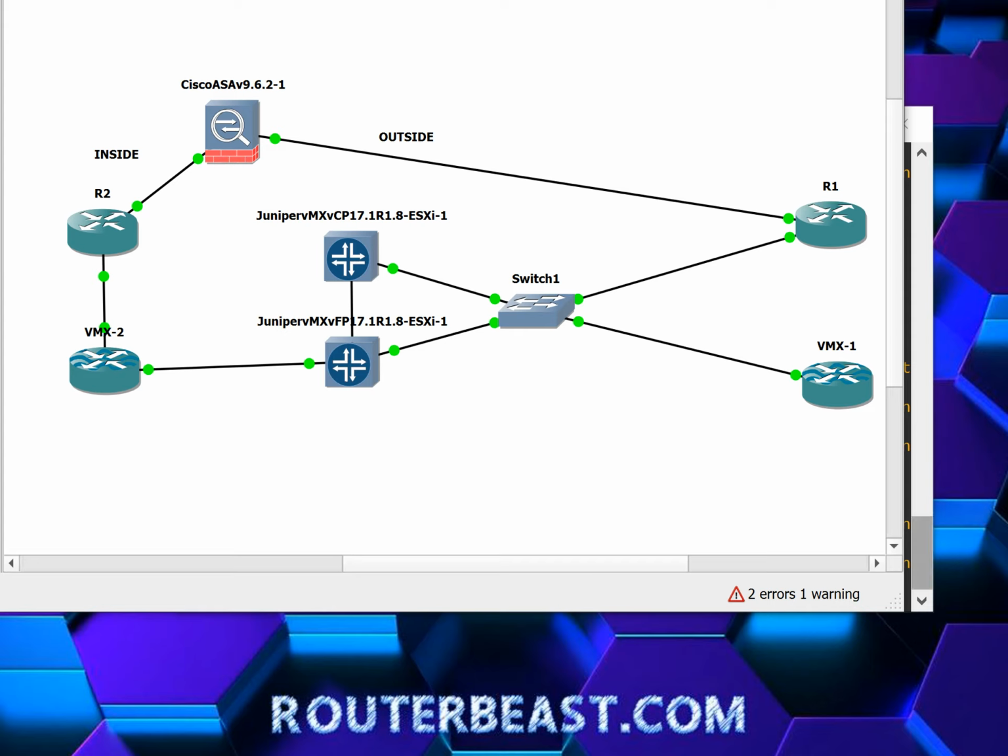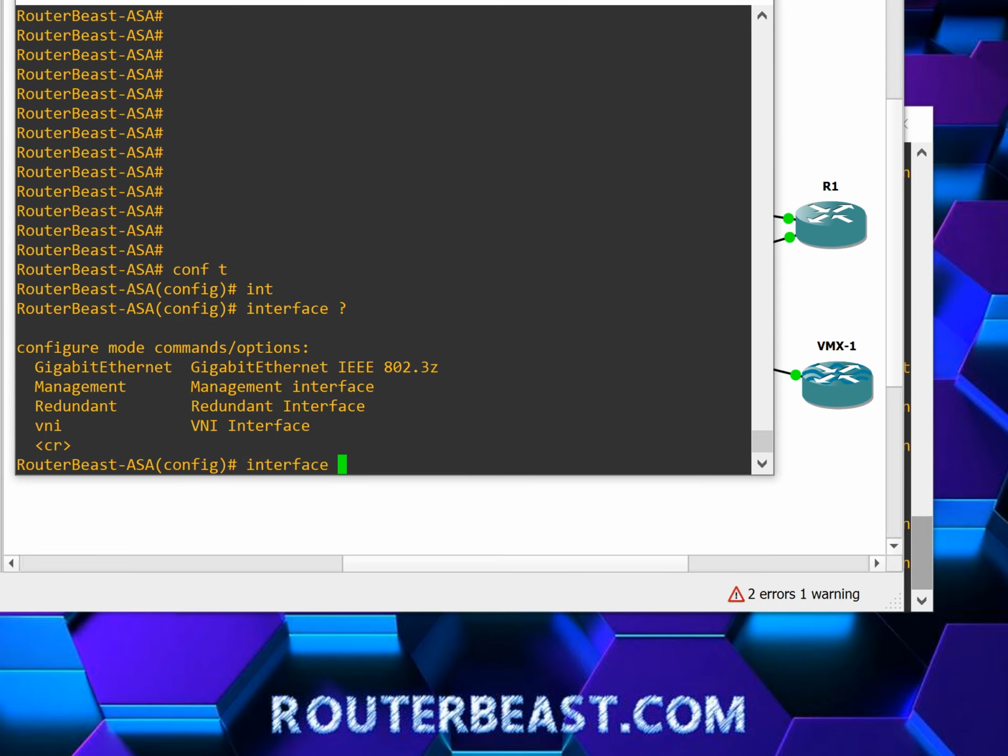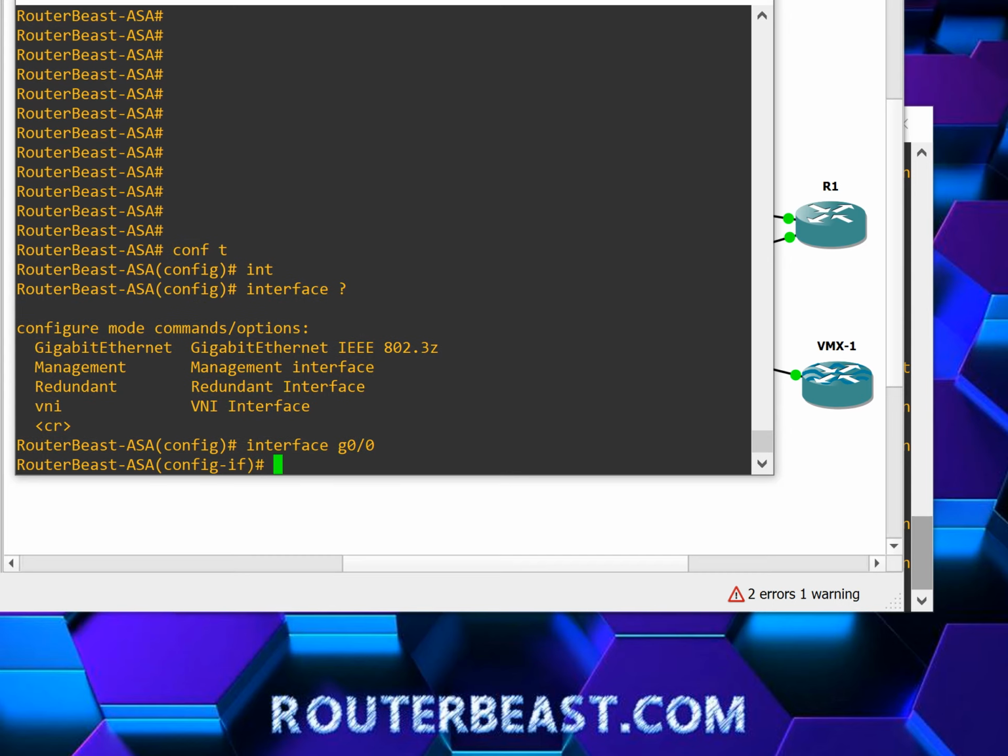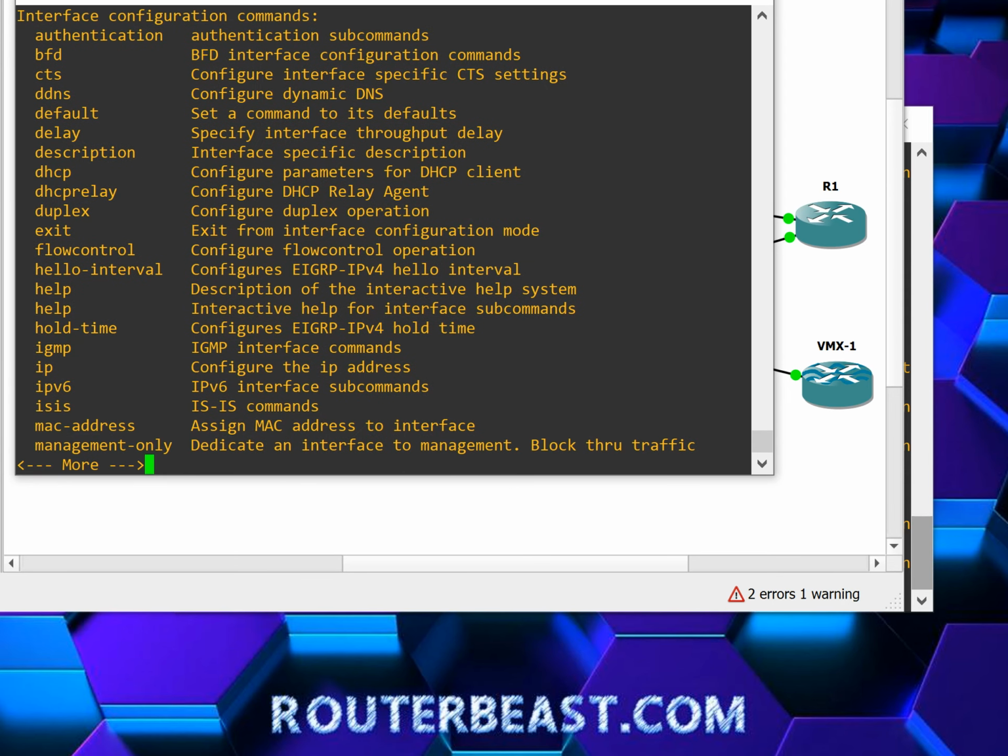But to start out with, the first thing I want you to take a look at is, of course, getting into configuration mode just like we would do on any other IOS device, with the config t or configure terminal command. And then we want to go into the interface configuration mode. Here you'll notice that we've got different interface options, and we're going to be using, as we mentioned, gig 0/0 for our inside interface. You'll notice that there are tons of commands that you could configure on the interface, but specifically what we want to do is